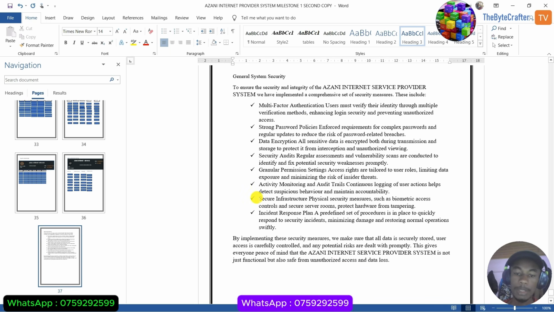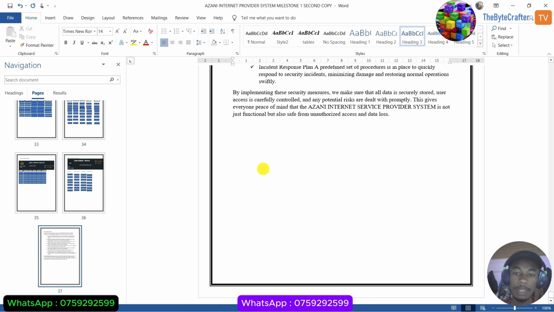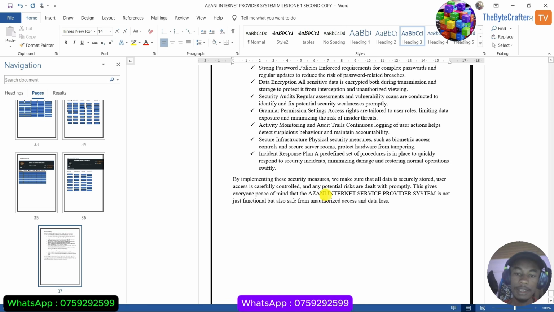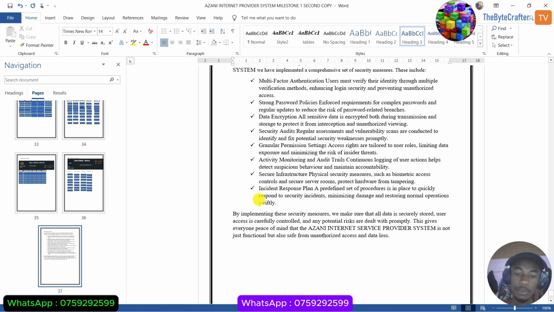And maybe you can mention some things about biometric access, encryption of data, and multi-factor authentication. Things like 2FA, that is 2-factor authentication, is what you can maybe mention from this particular case, and then you just give a summary of all those factors, and then you can end by saying